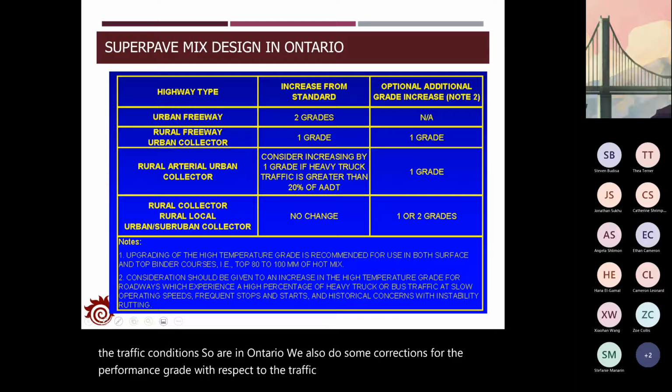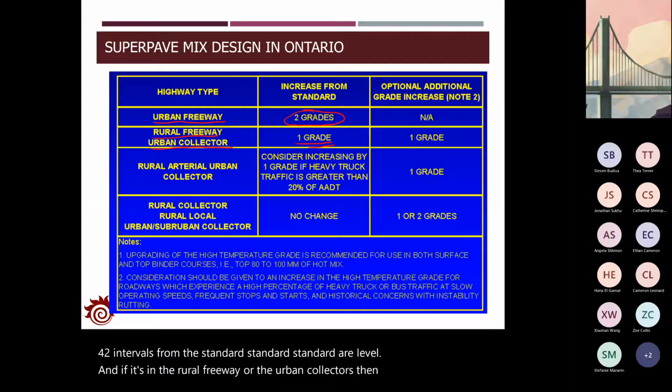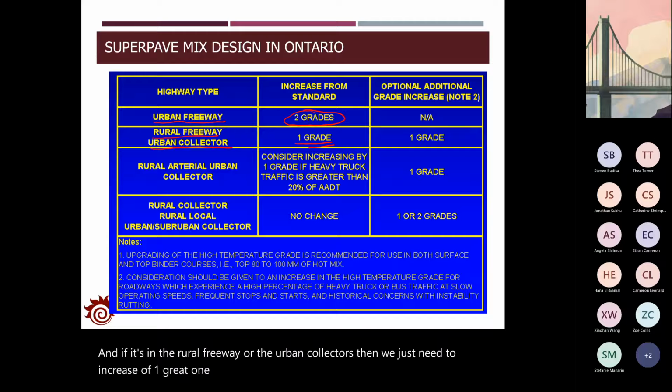If the pavement is for urban freeways, then we have to increase the performance grade by 2 intervals from the standard level. And if it's a rural freeway or the urban collectors, then we just need to increase one interval from the standard